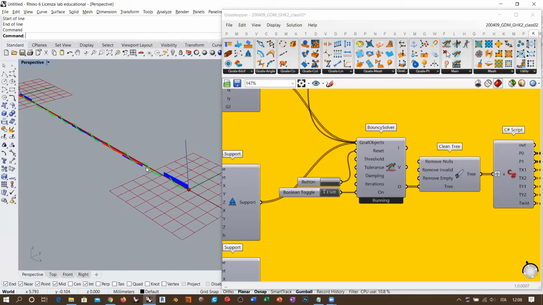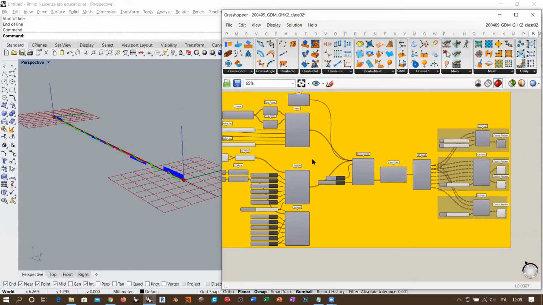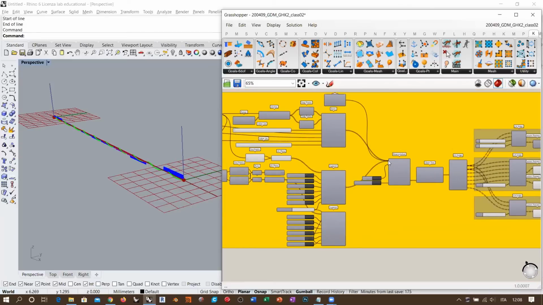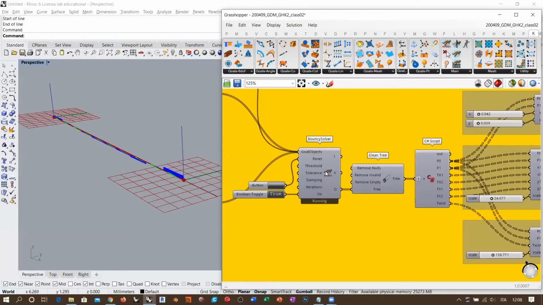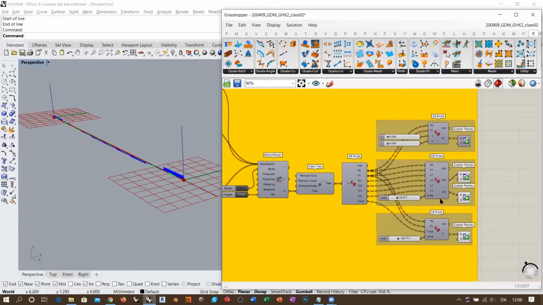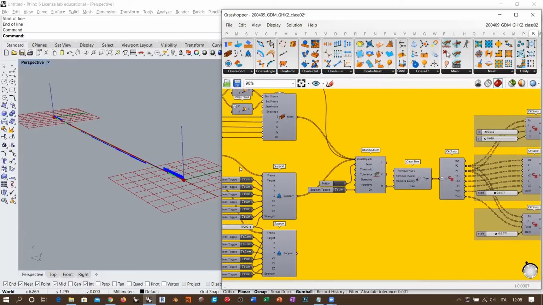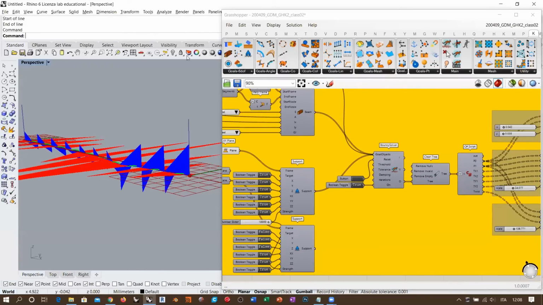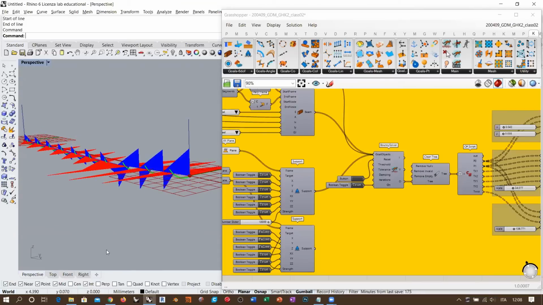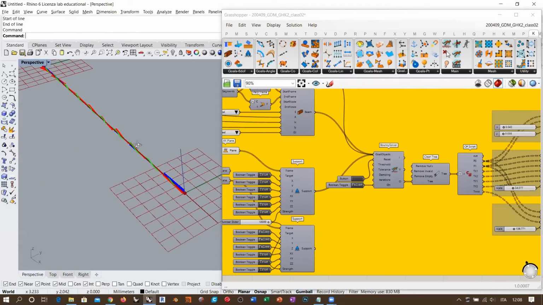Now, when this definition here is a mix, actually, the result is a mix between the simulation of Kangaroo and also this interpretation by a script. You see that, for example, if I do some change in this system, like, I don't know, move around and create some stress and then stop the simulation,